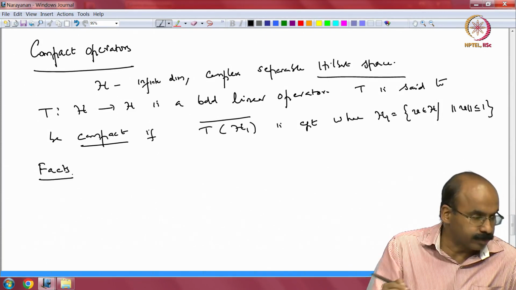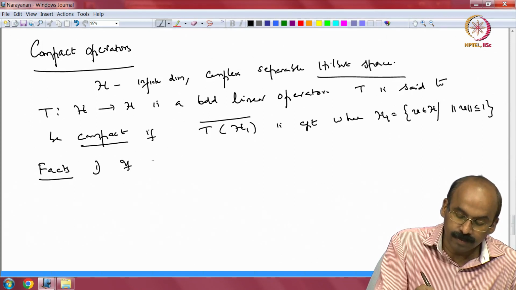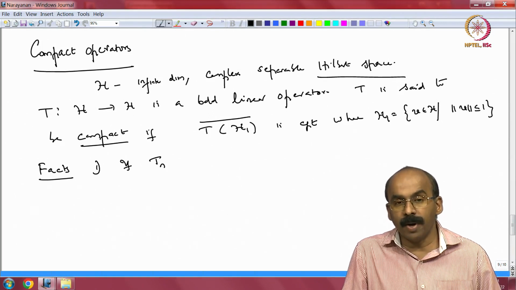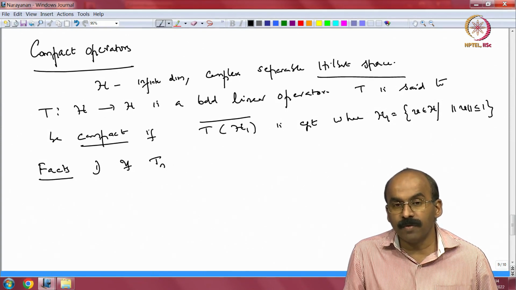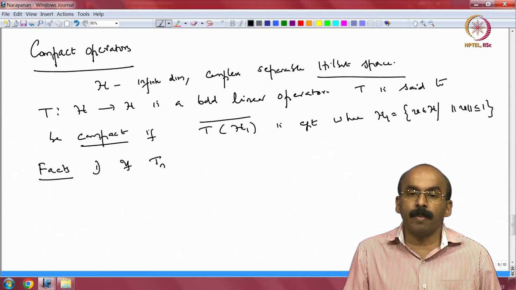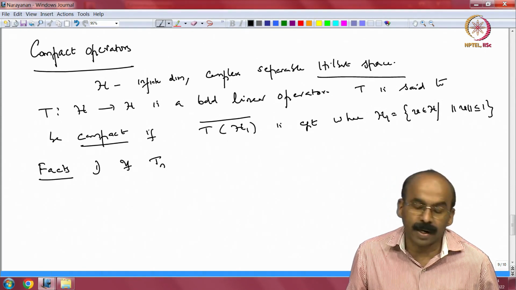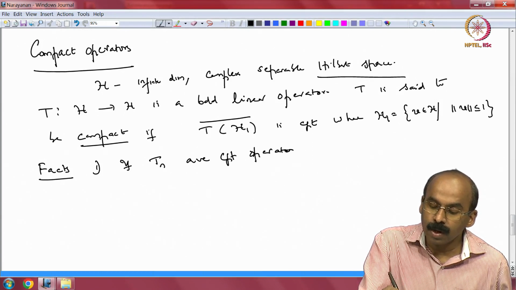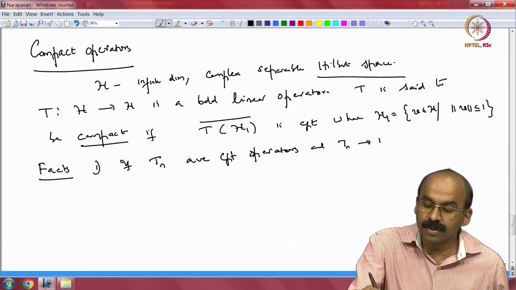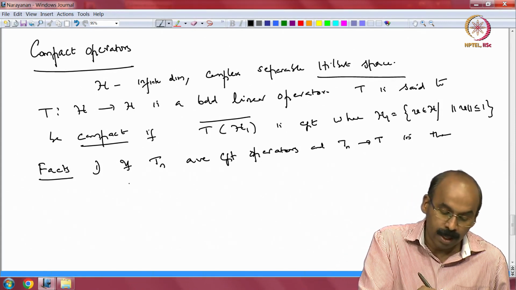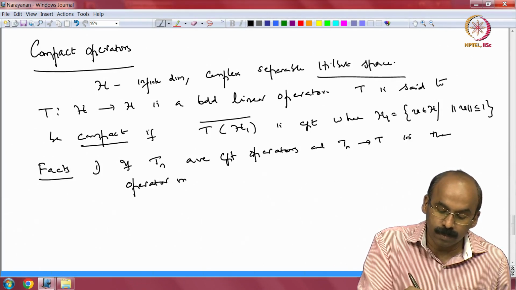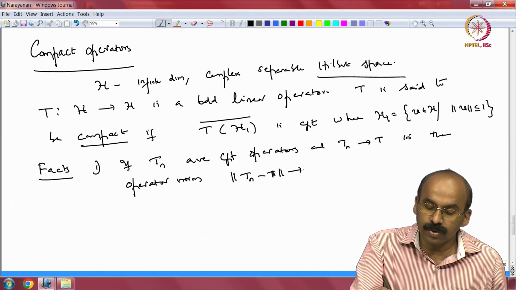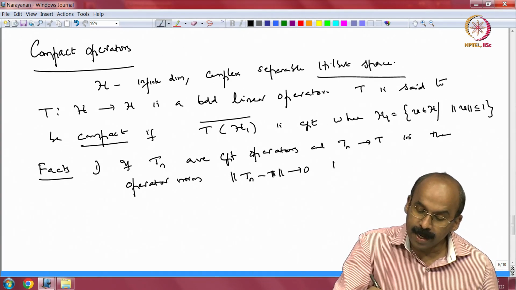Facts. One, this collection of compact operators is closed in the space of bounded operators on H. So, you have this operator norm, and if you have Tn which are compact operators converging to T in the operator norm, that means norm of Tn minus T goes to 0, right, then the limit is also going to be a compact operator,